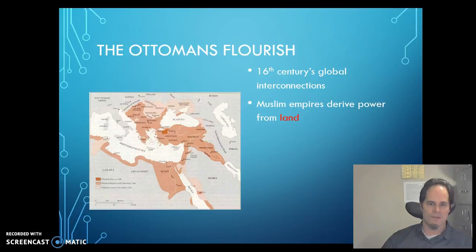And as I mentioned, the nature of trade, particularly with the Mediterranean, at this point there was no alternative. You couldn't go around Africa. You had to go through the Ottoman realm, and the Ottomans knew this, and the Ottomans profited handsomely off of the taxation and trade that was taking place in the world all around them.